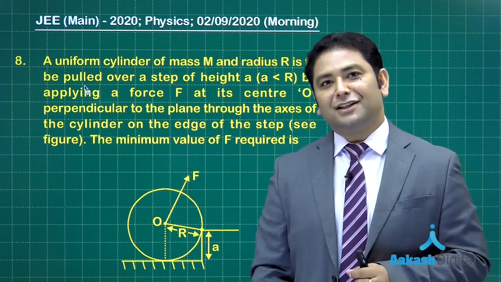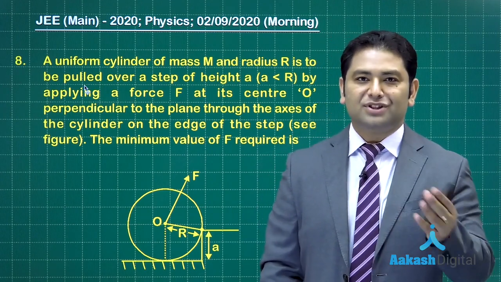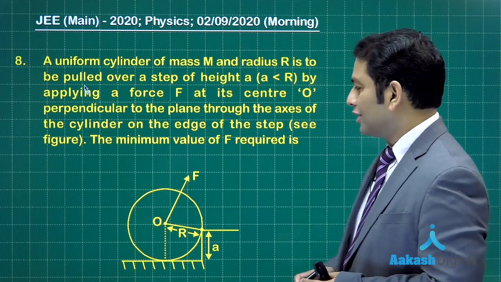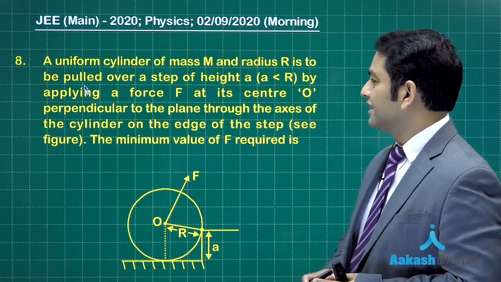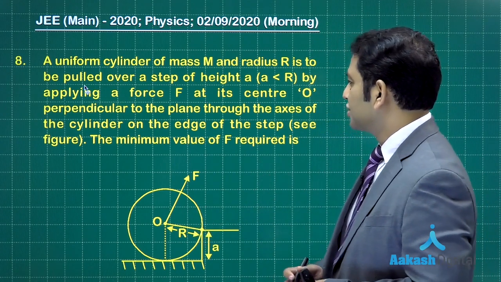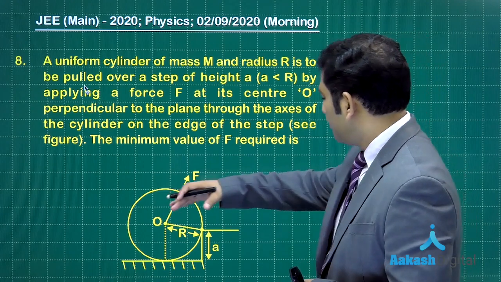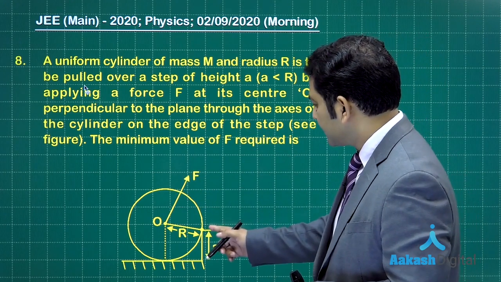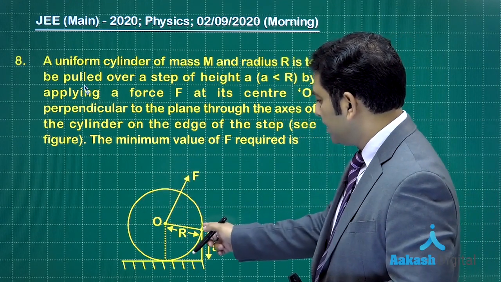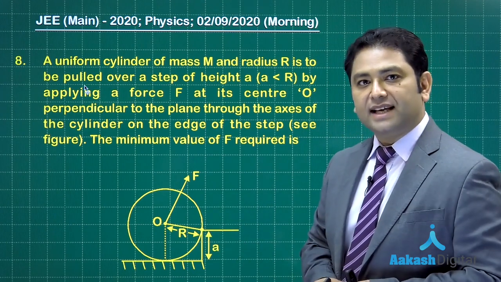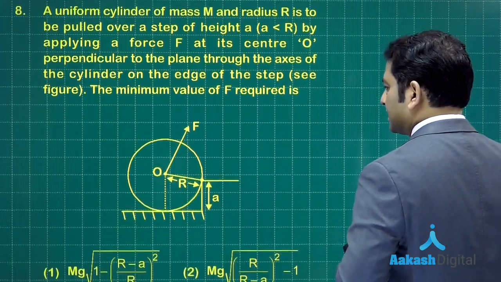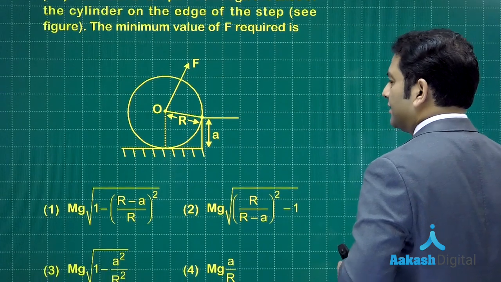Question number 8 is another one from rotational dynamics, and you could say it's a back-to-back second question, and incidentally it's also about the torque equation. You look at here, there is a uniform cylinder of mass m, radius r, and there is a force by which we want to pull the cylinder so that it just rests over the edge. So it's something like it would be rotating about this point and that would be the point which passes through the axis. So let's try to see again another very straightforward one. But the question says we need to calculate the minimum force.